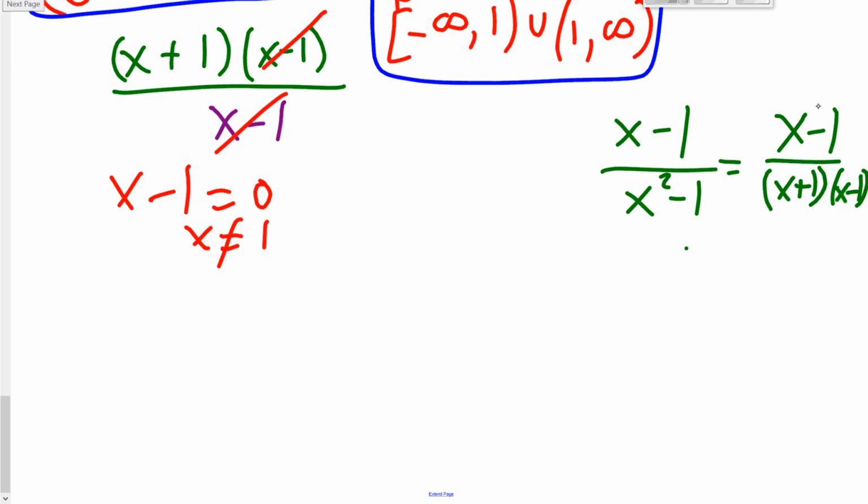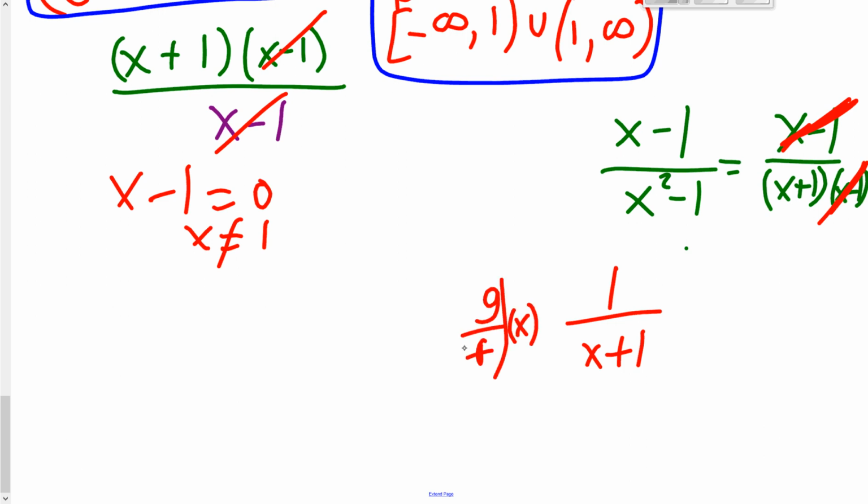So we can cancel these. So we get left with 1 over x plus 1. But again, since we canceled these in our domain, we still have to require what x cannot equal in our domain, right? So here's our answer for g of f of x. Okay. But now we have to do our domain, and so we need to take our denominator and set it